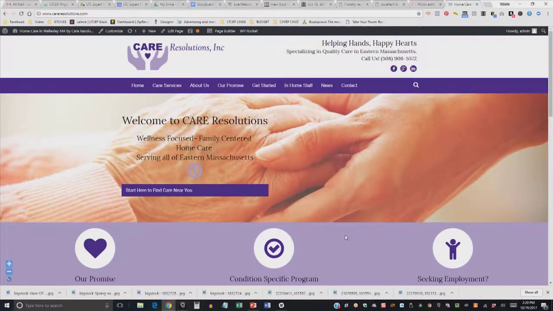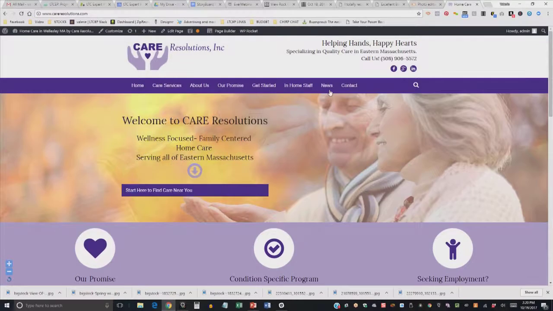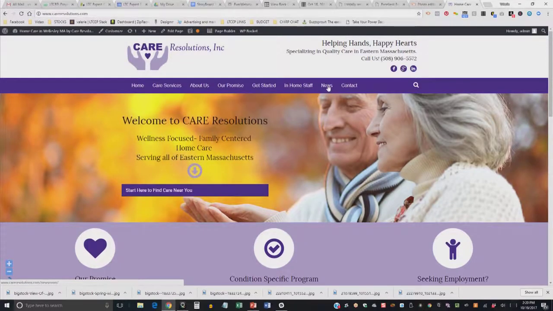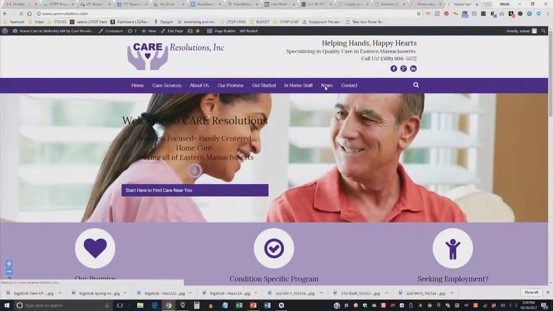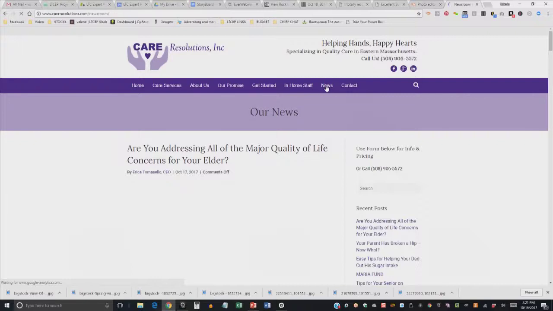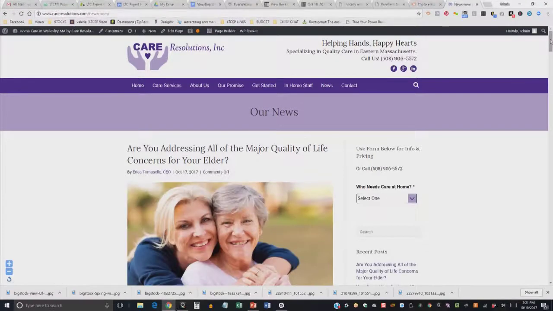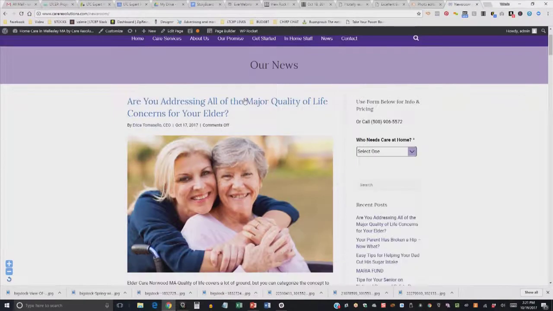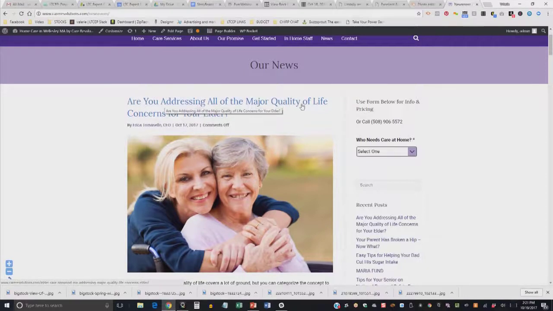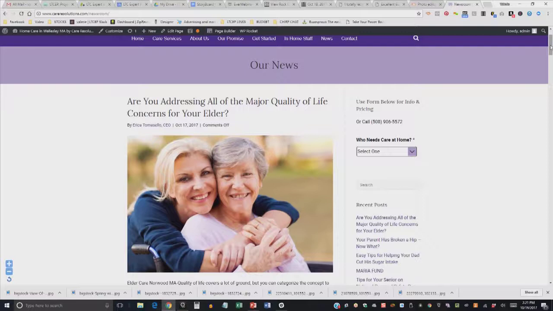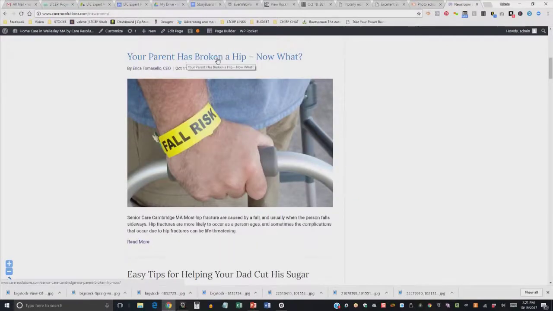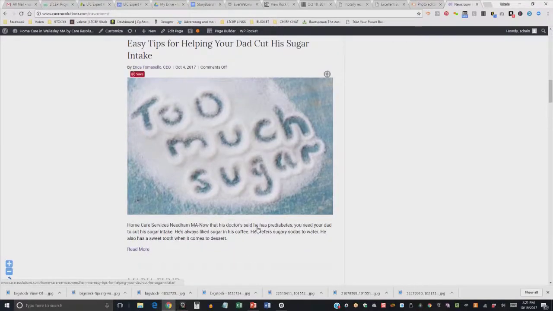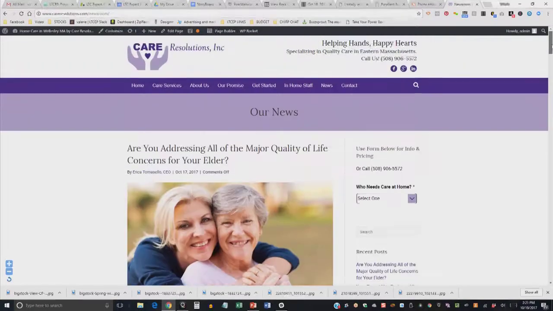So when I talk about a blog, what I mean is, if I go to this news page right here, this could say blog or news or whatever, then everything that I see on this page is a blog post. So there is, are you addressing all of the major quality of life concerns of your elder? Posted October 17th. And then if I keep going down, your parents have broken hip, now what? October 11th. So this is a page that shows all of your blog posts, and that's an important thing to